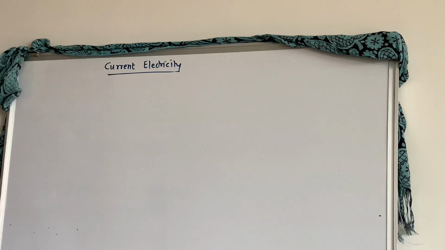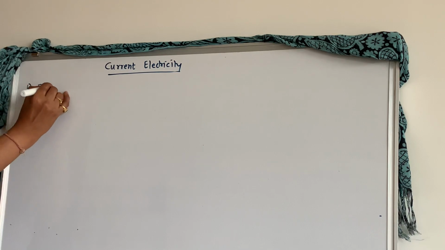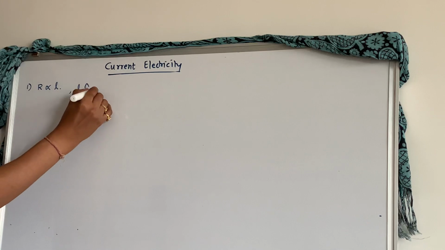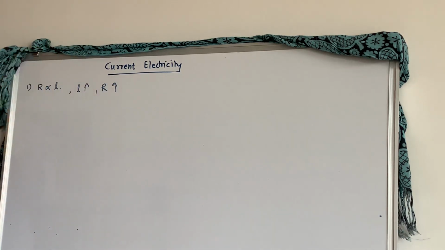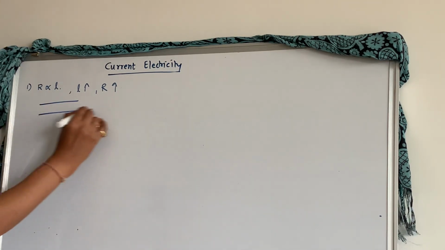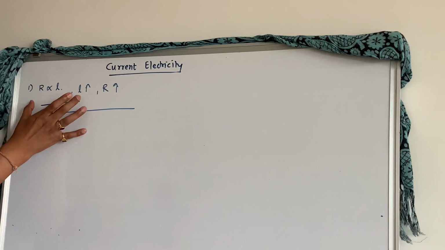Here we are writing how resistance is affected by length. So first part, R is directly proportional to length. If you increase the length, resistance will also increase. Check this part. Here is one conductor, here is another conductor. The only difference is in length. Right? So in the first case you have obstruction up to this point.